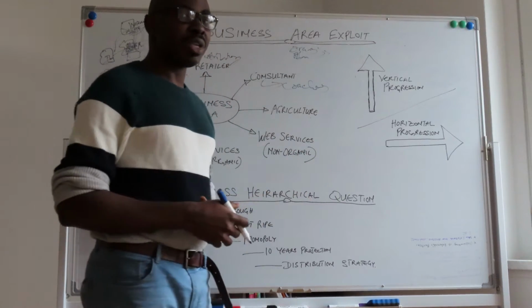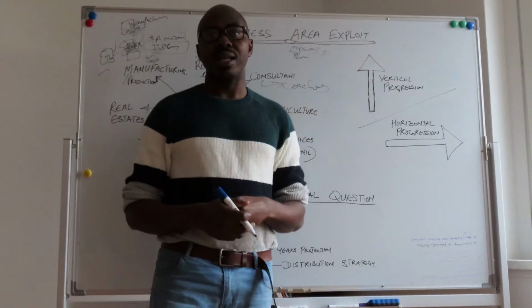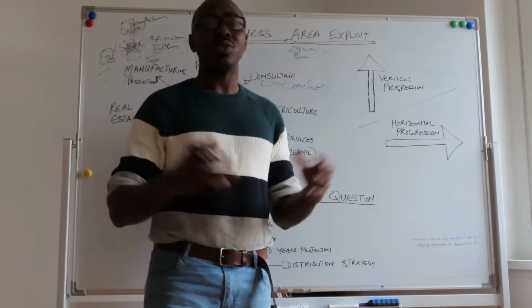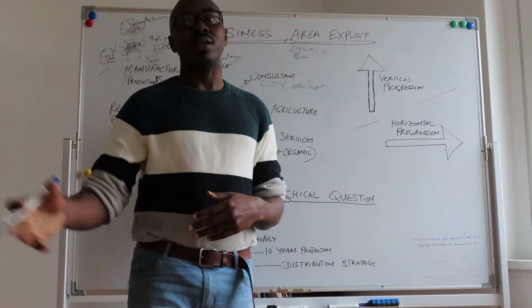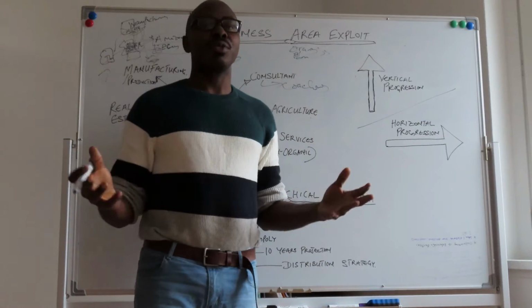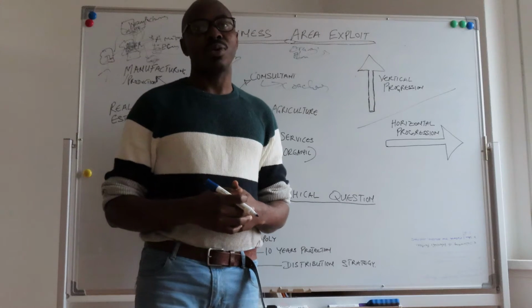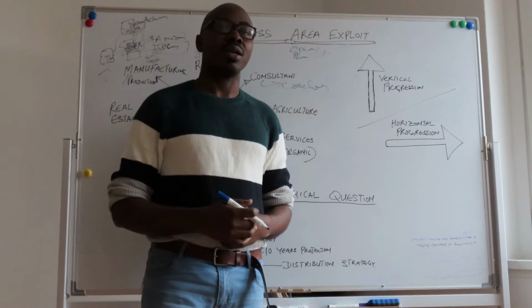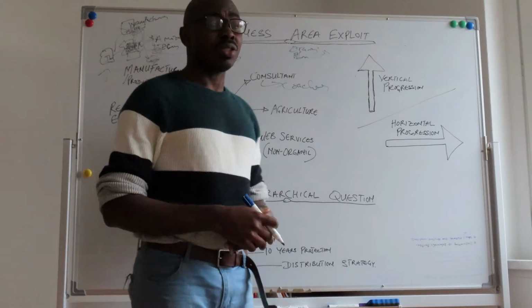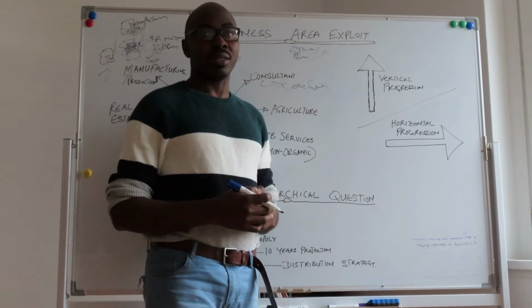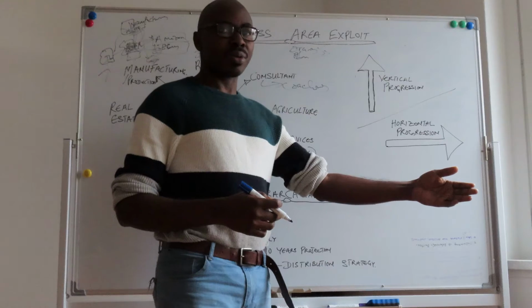Take for instance a B&B, which we mentioned earlier. You want to book an apartment now, you don't necessarily have to go to an agent or go to a specific office. You just have to stay within the convenience of your apartment and book these accommodations. And another thing is Amazon, which I earlier mentioned. If you want to buy anything on Amazon, you don't necessarily have to go to a store.